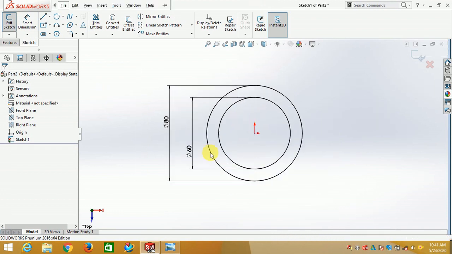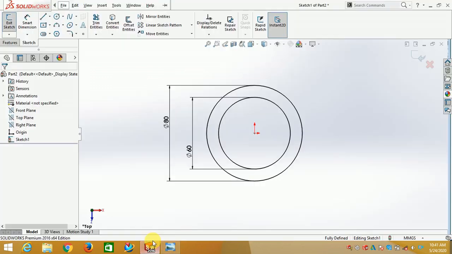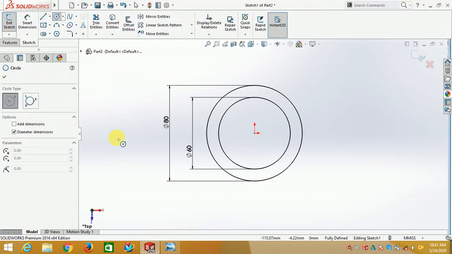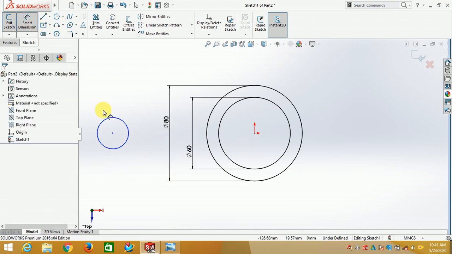Now next, the center to center distance is 140, so from the middle point it is 70. I will draw one circle on the left side. With the help of the Circle command I will draw a circle centered like this and give the dimension 70.